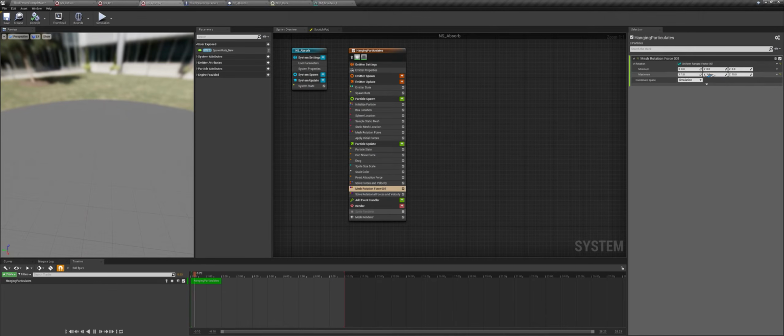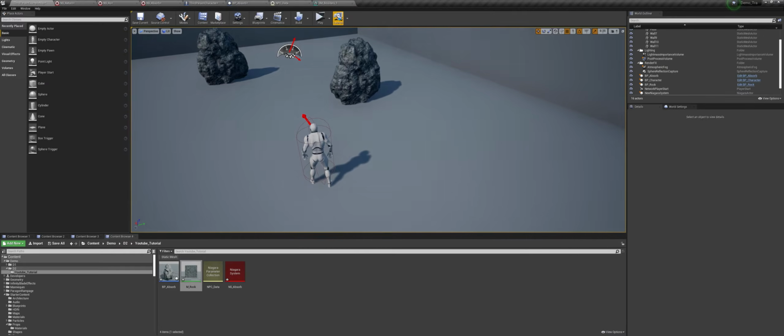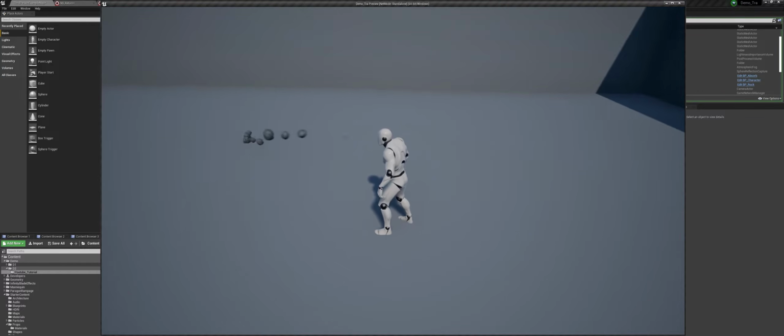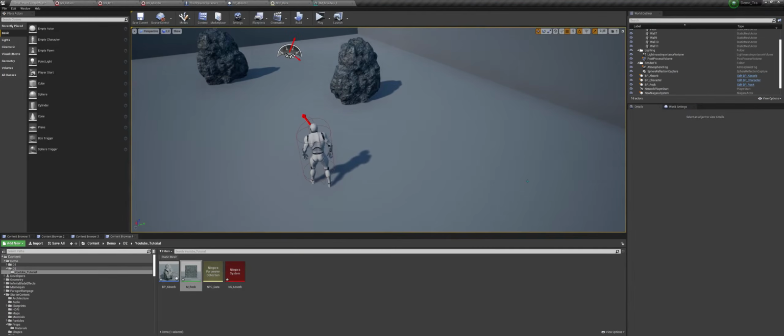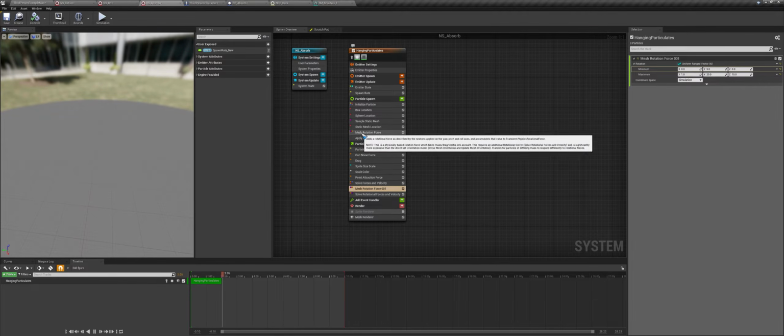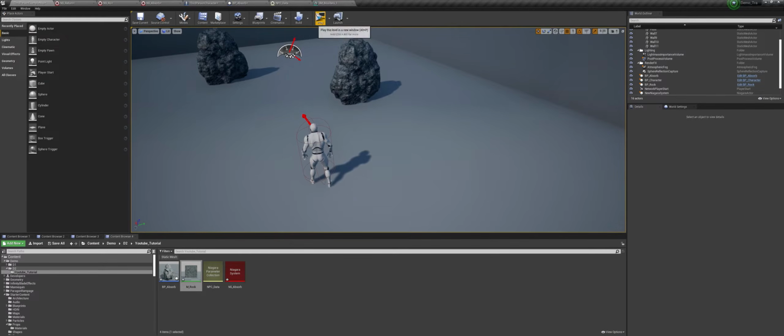Maybe I will just set this value to like 5 and this value to like 20. So there is some more rotations. So if you add this rotation, you probably don't need this one. So I will just disable both of them.